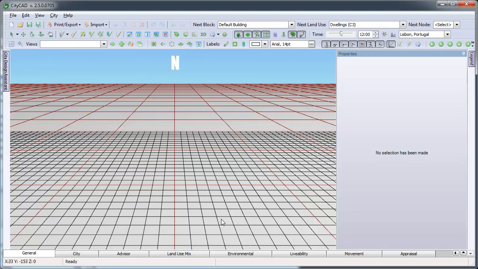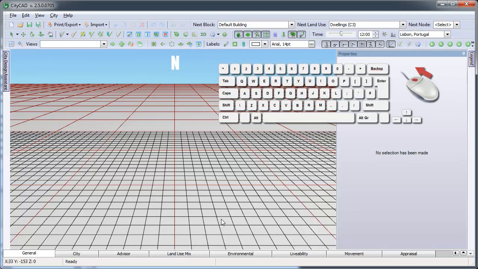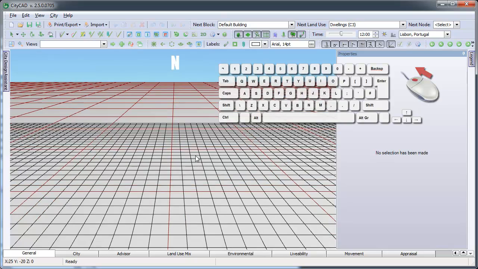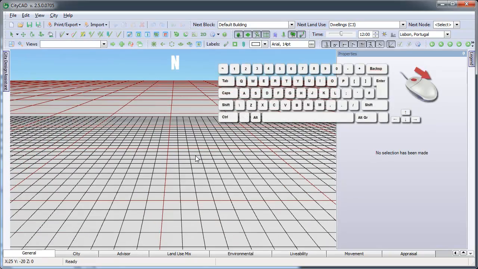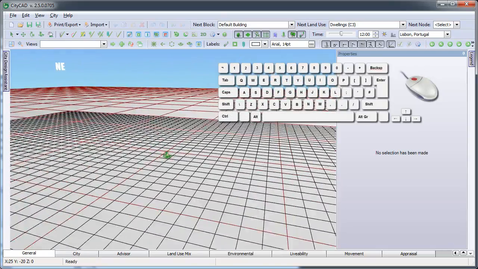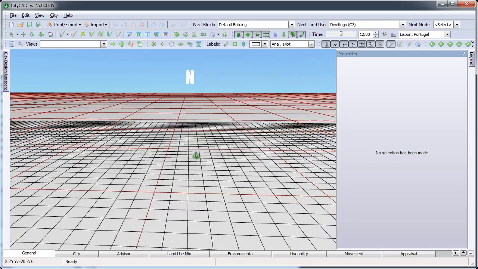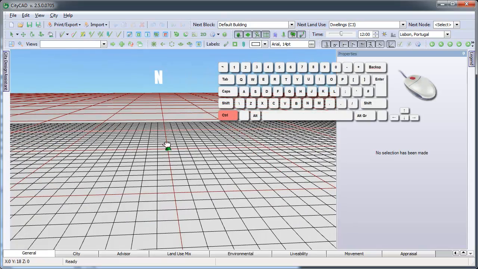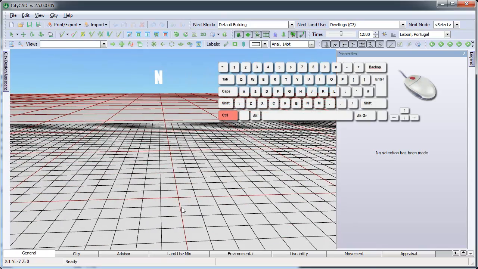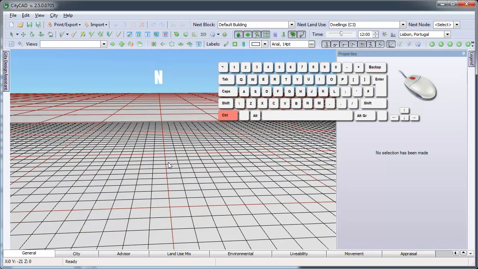In this movie, we'll explain a few keyboard shortcuts and a few more tips for creating models in CityCAD. When using most tools, you can zoom in and out using the mouse wheel, like this. If you hold down the mouse wheel button, you can orbit around the centre of your view. If you hold down the Control key and the mouse wheel button, you can grab the ground and move quickly